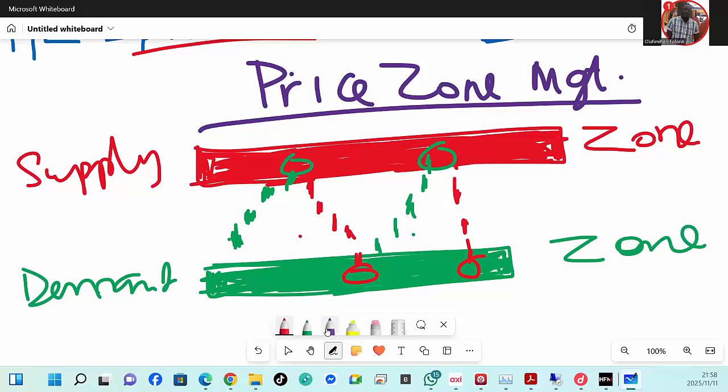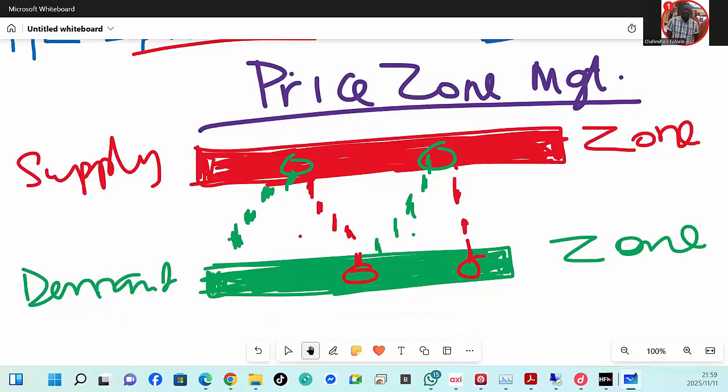Supply zone is where we normally look for opportunities for price to come down, so we start selling. Demand zone is where we normally look for opportunities to buy, because we think the price will rise, because that area will keep the price from falling. And when somebody keeps something from falling, that thing wants to rise. And the supply zone is a zone where it kept the market price from increasing, and it will be decreasing. So we're going to look for opportunities to sell.